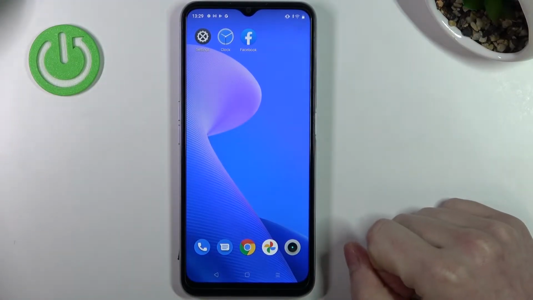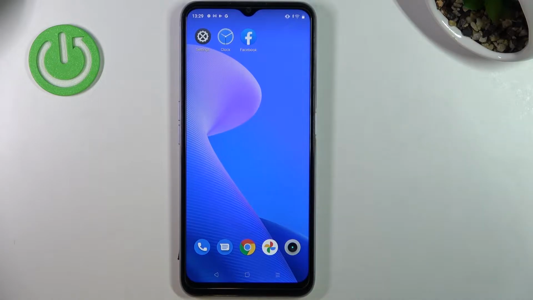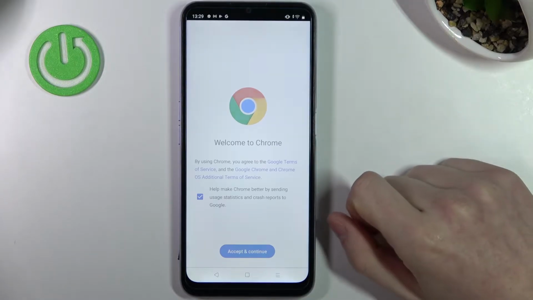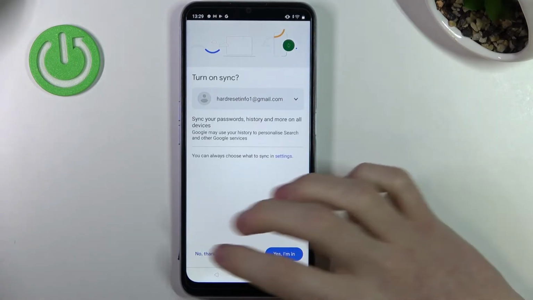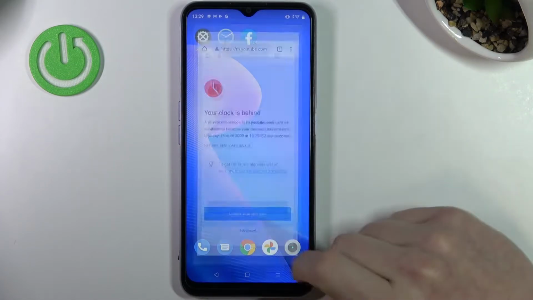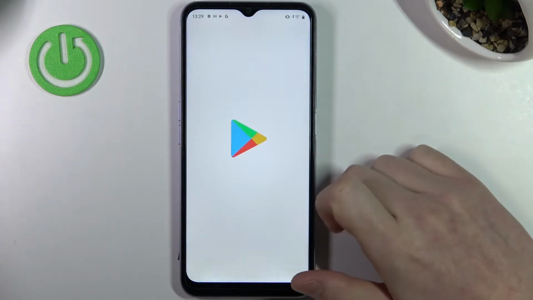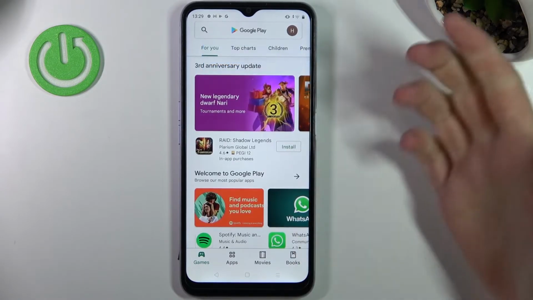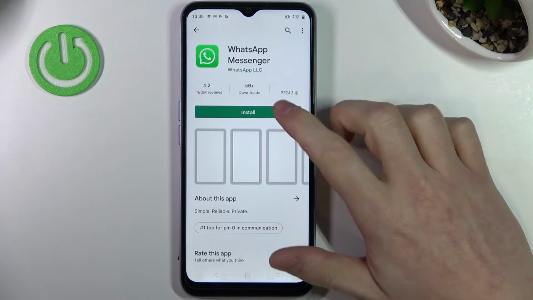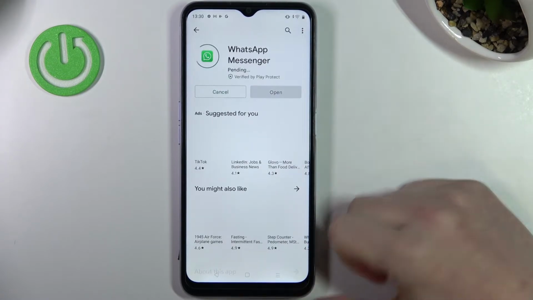Hello, in this video I'm gonna show you how to fix the problem when you get the internet connection but you cannot browse Google Chrome or use the Google Play Store. So everything here loads, but if I open any app and press install, it won't download and you can't see